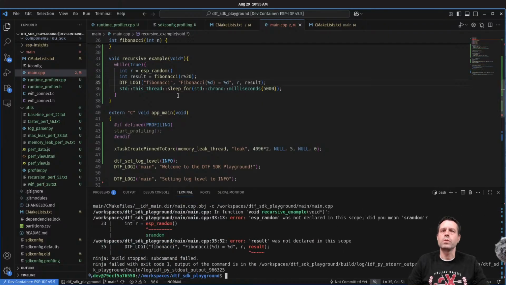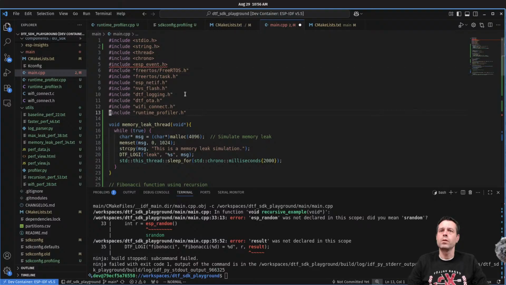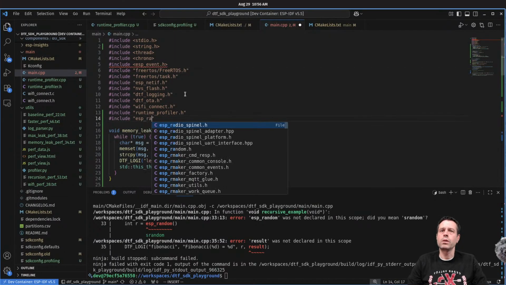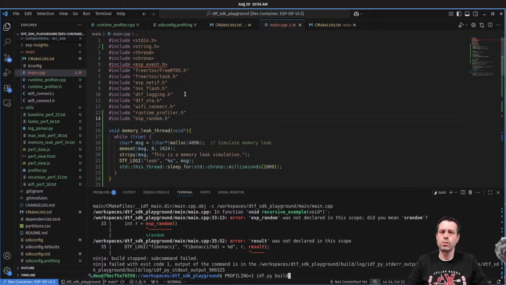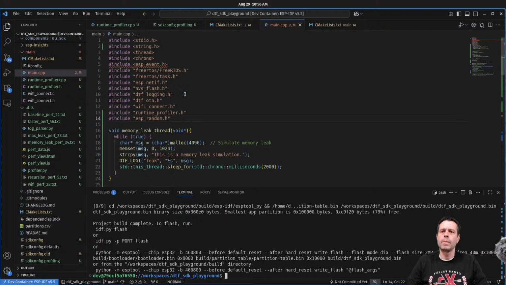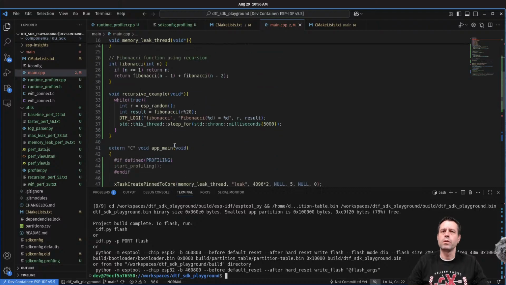ESP random was not declared in this scope, and it doesn't have a semicolon. There, yeah, that was it. Okay, so every 5 seconds we'll be doing a different Fibonacci sequence, and I do want to know